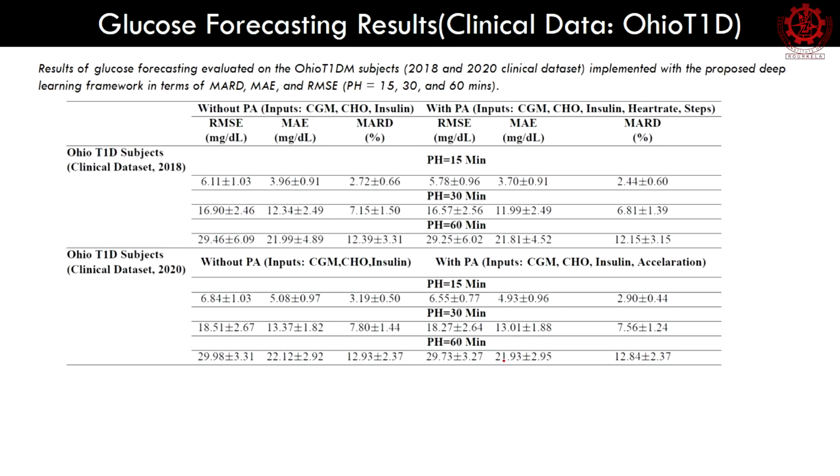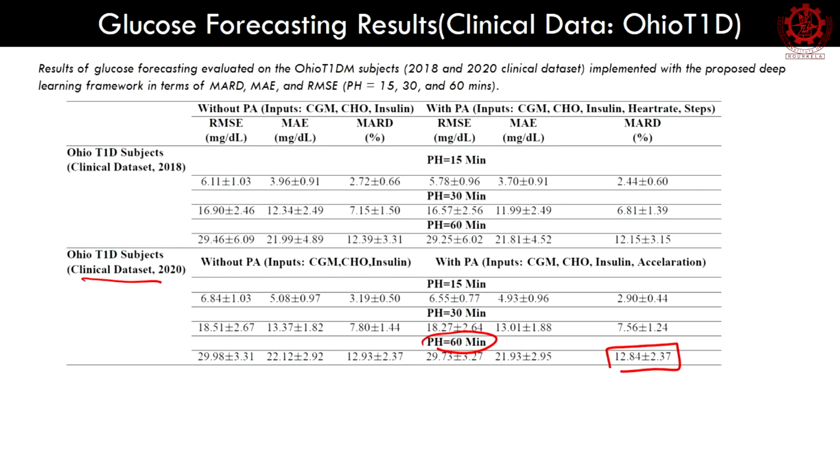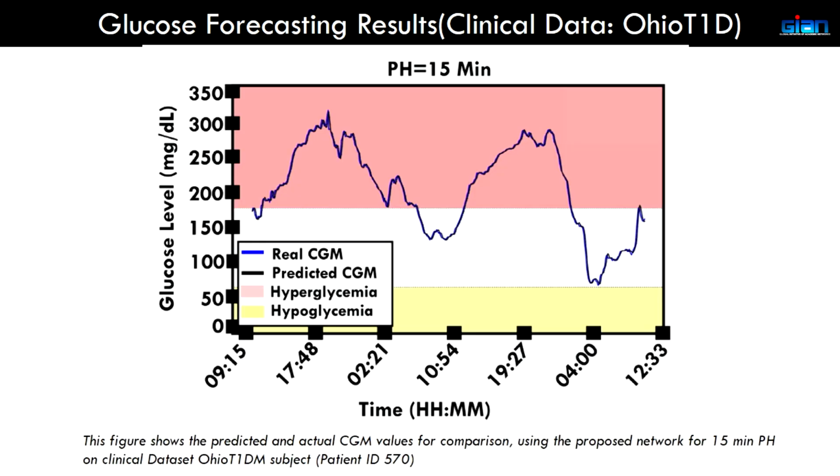So if you look at the same data set, the Ohio clinical data set, for 60 minutes, MARD is around 12.84. We will come to the lag later on. Overall, we observed that the MARD is less than 10% for a prediction horizon of 30 minutes. Okay, so this is how the plot looks like. In previous plots, if you notice,